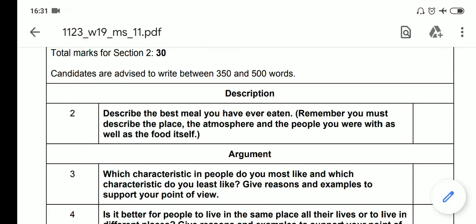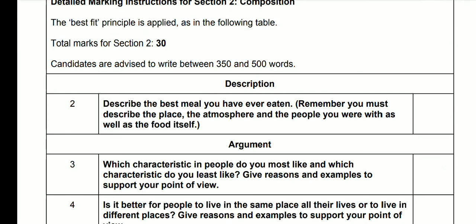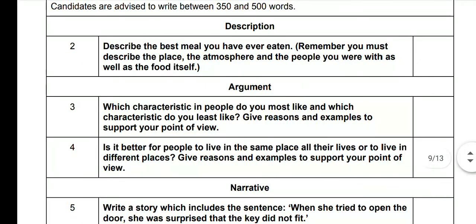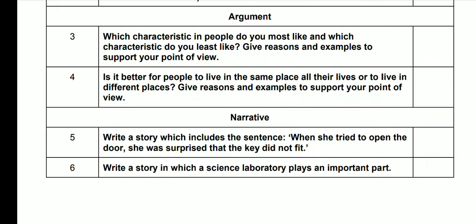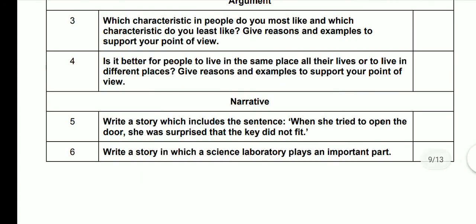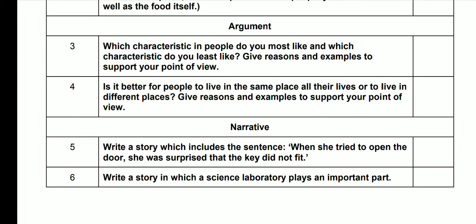You know that there are descriptive essays, descriptions, arguments, and narratives. We know that there are 2 narrative essays given. This is the marking scheme of October-November 2019, your latest attempt, and zone 1, paper 1-1. So there were 2 narratives given, number 5 and number 6, and in total there are 5 topics given, and you have to choose only one. So there is quite a lot of choice in this, but doing a narrative or argument or descriptive can be, I told you, deceptively simple.